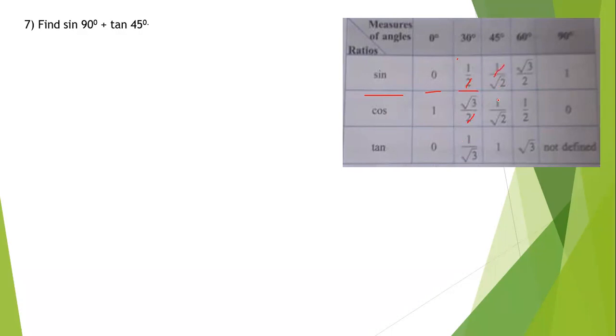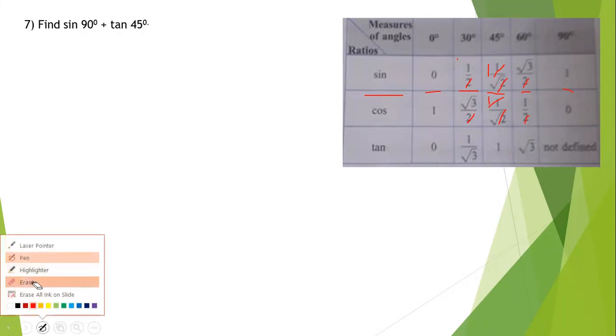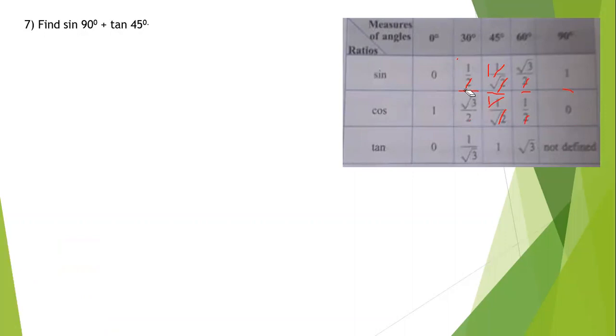So same we are going to copy for this also, 1 upon root 3. Here 1 will get cancelled, root 2 will get cancelled, and so we will get the answer as 1. So here we will write 1. Here again in denominator we have 2, here we have 2. The 2 will get cut. So you will get root 3 upon 1, which is nothing but root 3. Okay. So in the last column, if you will do 1 upon 0, the answer is not defined. So in this way, you can remember this table. And after drawing this table, you can solve this sum. Directly also you can solve. But if you have the table, then it becomes easy to solve such types of sum.